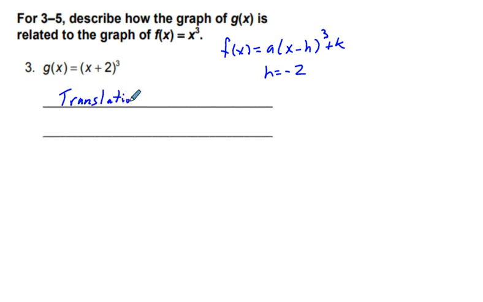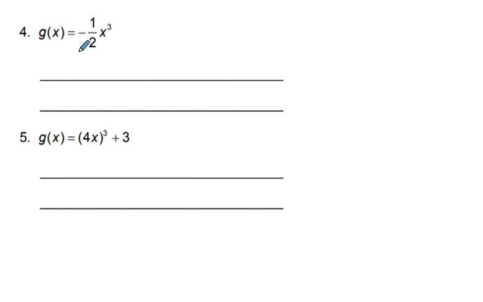translation 2 units to the left. Now some of you put down moves 2 units to the left, which is not as technically good of a term, but still articulates sufficiently the answer. Okay, here we have g of x equals negative